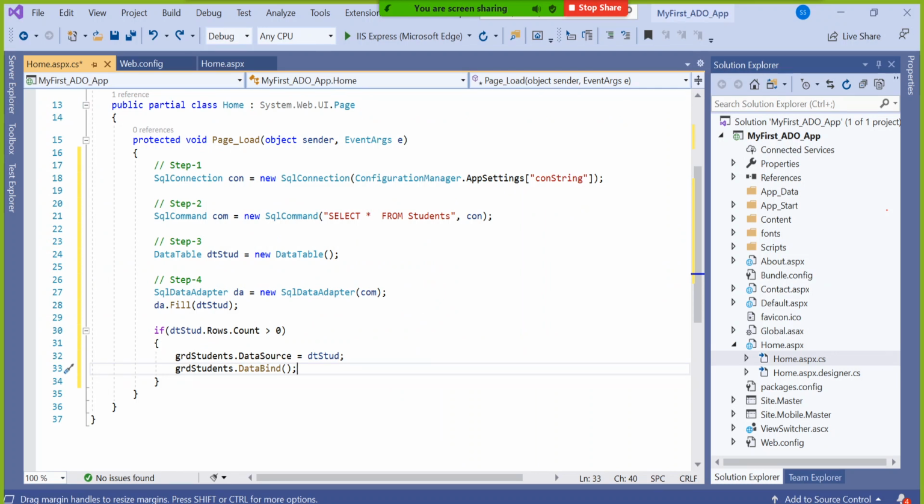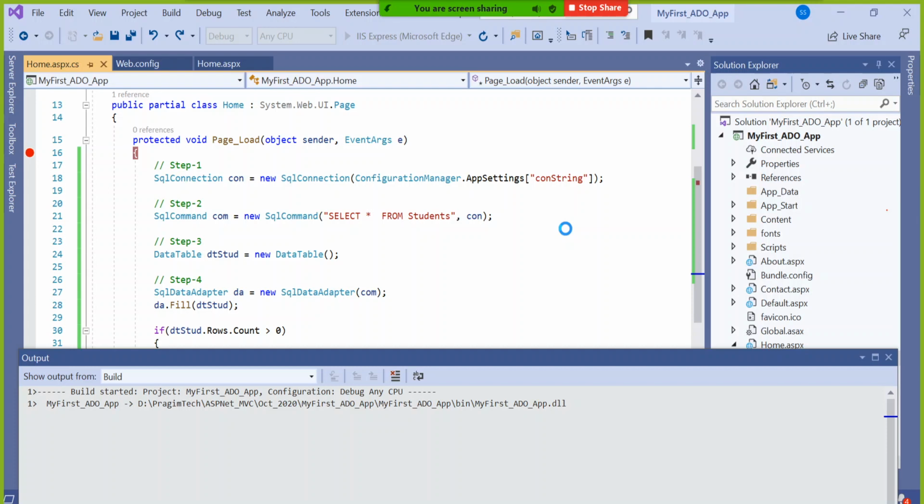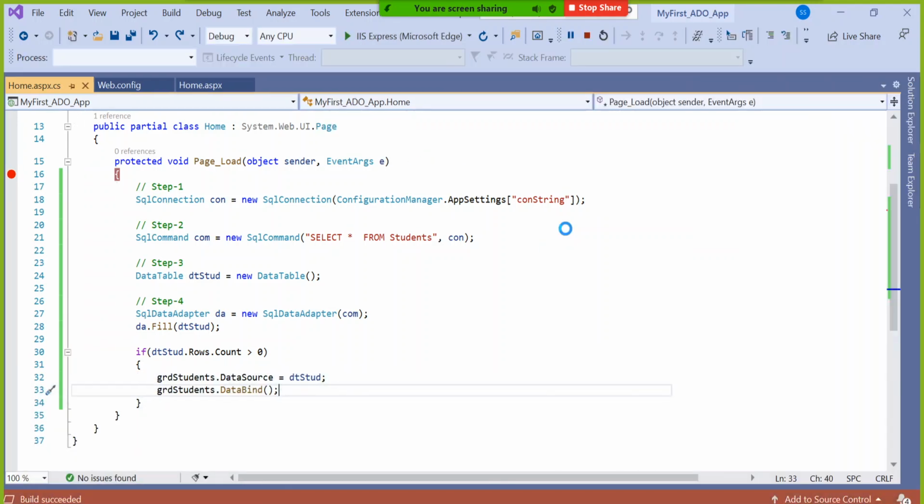That's it. So let's put a breakpoint here and see whether we have missed anything. So run it.